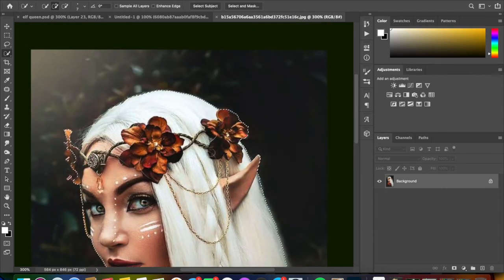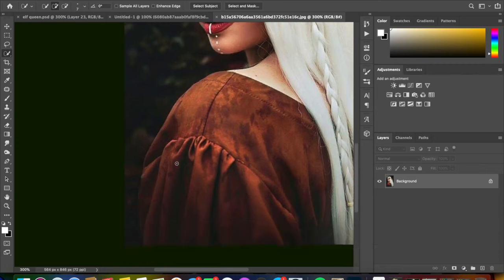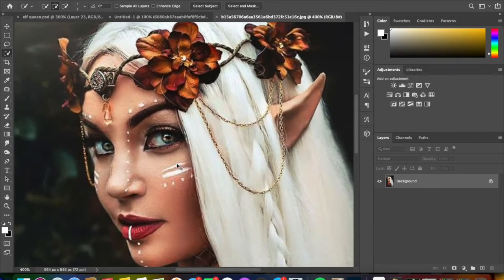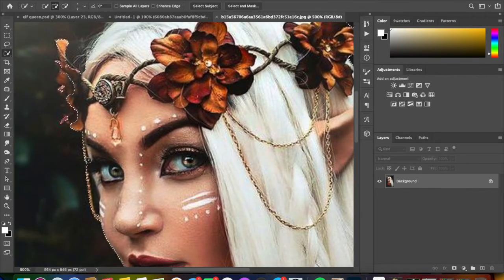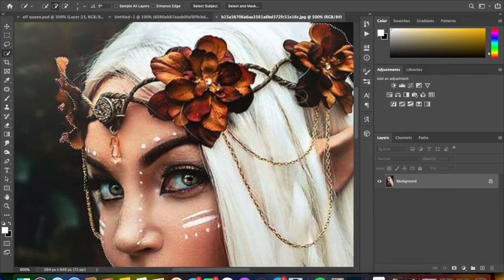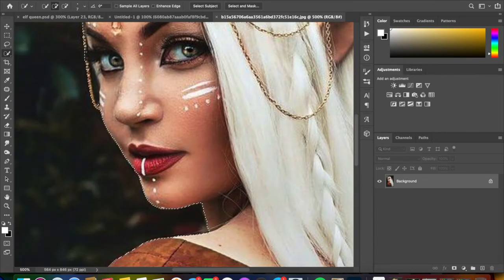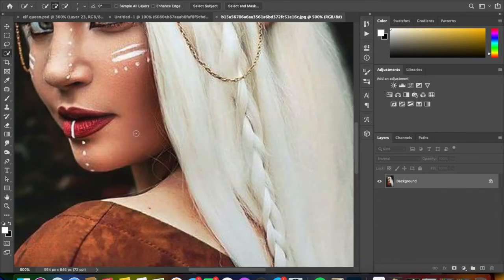As you can see, it did a pretty good job. It does a really good job at cutting things out. You might need to go back, like I need to go back here and kind of adjust the selection. But other than that, it did a really good job on selecting the subject. So after that,